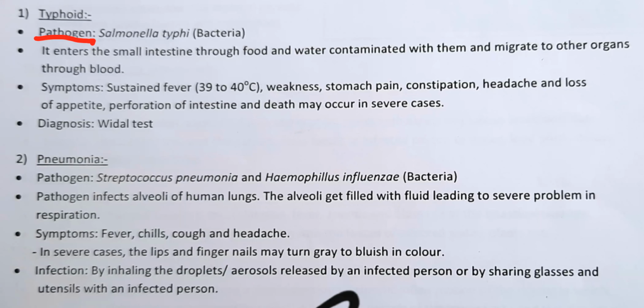But in a severe case, extreme severe infection of this salmonella, perforation will be there in the intestine. The intestine wall will get perforated because of the severe infection of salmonella, and that might lead to the death of the patient. It can be a deadly fatal disease, the typhoid. So that is the profile of its symptoms.